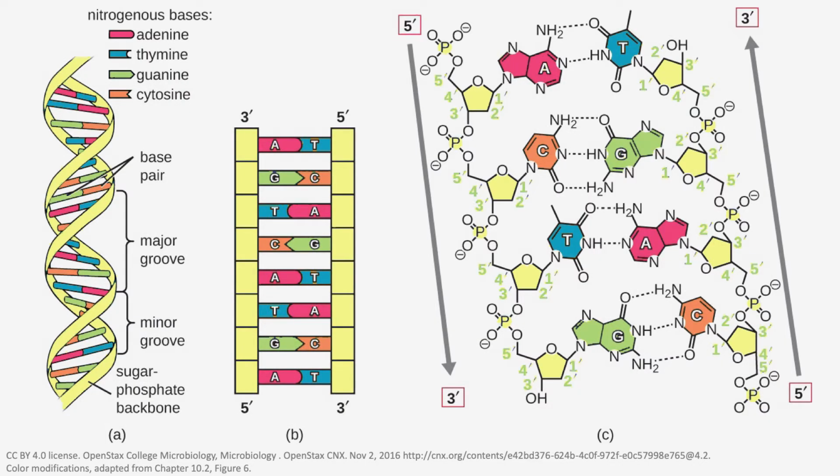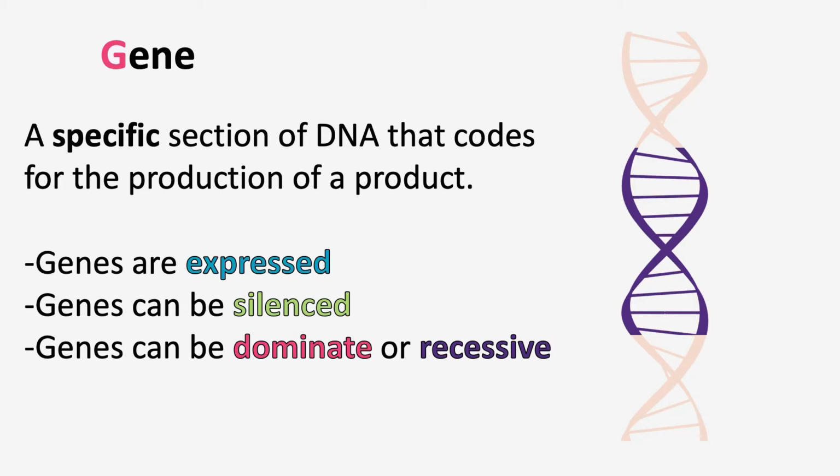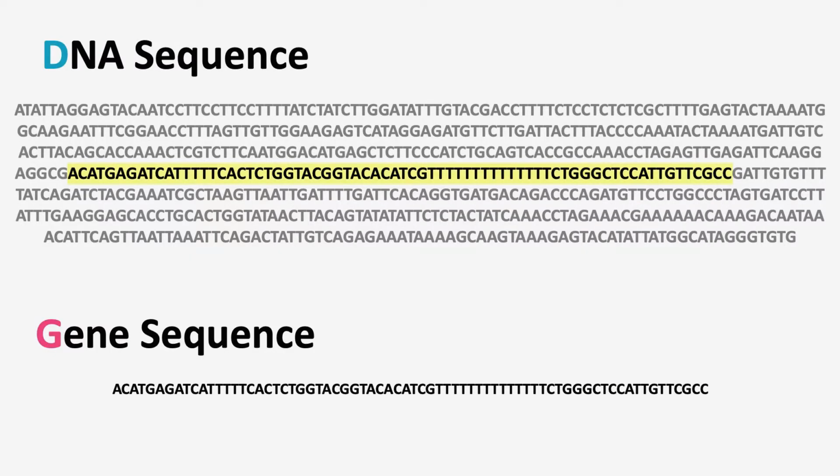we have certain sections of DNA. And these sections we refer to as genes. And genes code for a certain product, and those products lead to traits of an organism. So the color of a cardinal, or the flower color of a rose, or the height of a corn plant, these are controlled by genes.